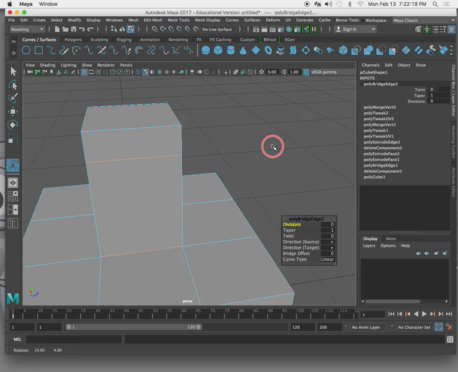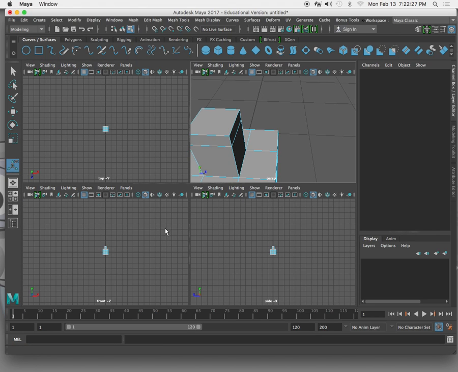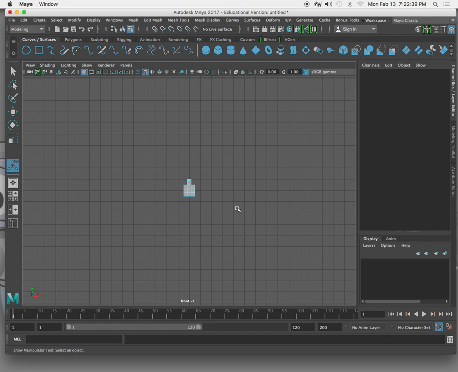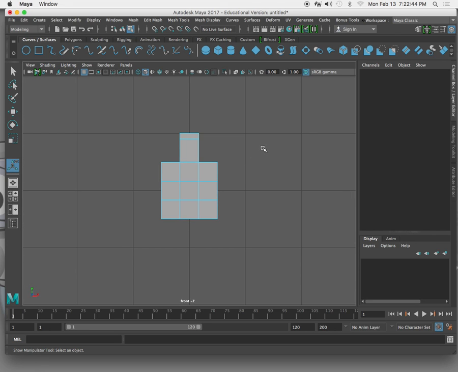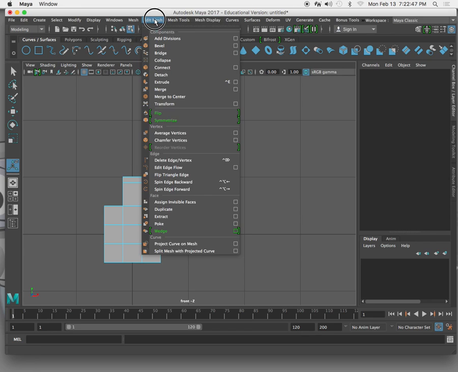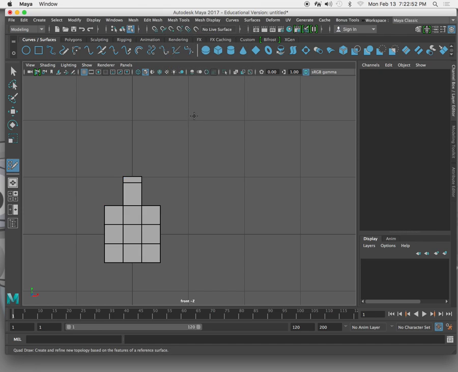This is another one. This is a really cool tool. This one you kind of want to use in one of the orthographic views. If you use it in the perspective view, it'll work just fine, but it creates polygons that are kind of weird and morphy. They'll change shape on you as you move them around. So I'm gonna show it to you here in the front view, and then you can move these things around, use them however you like once you've actually created them. And this tool is called the Quad Draw,